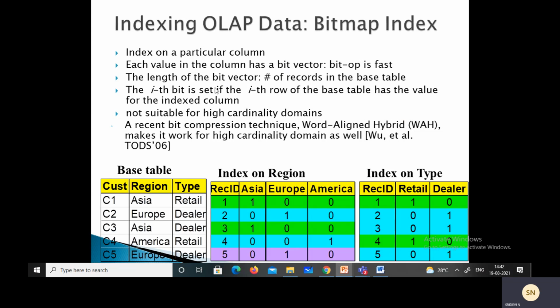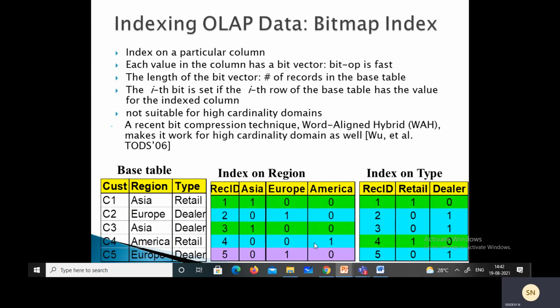The ith bit is set if the ith row of the base table has the value for the indexed column. So if this is the indexed column, Asia, and this row has that value, then that bit is set to 1. Hence in this case Asia is 1 as it contains that value. Europe here, Asia here, America here, and Europe here.